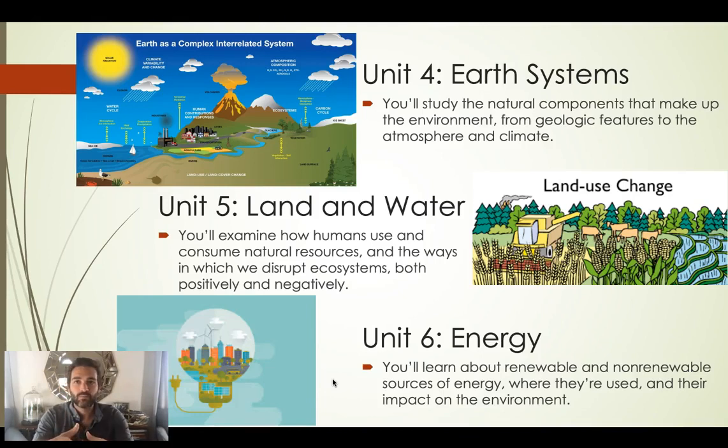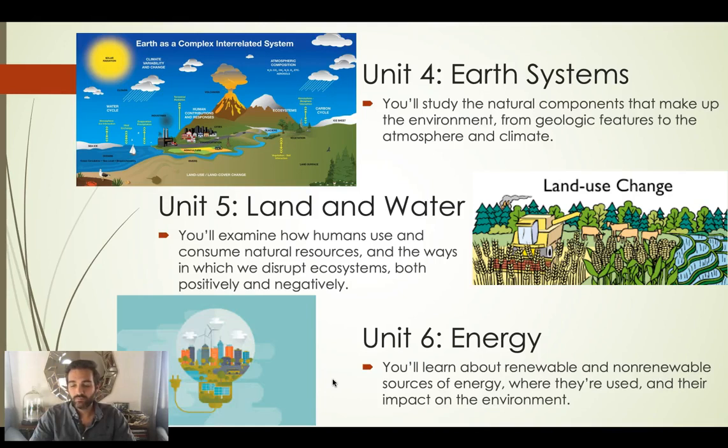So how basically we here in one part of the world might pollute an area, but because all of our different systems are interlaced and interworking with one another, it might impact other cultures and other countries around the world at the same time. Unit 5 is going to focus on land and water usage. So we'll talk a lot about agriculture,